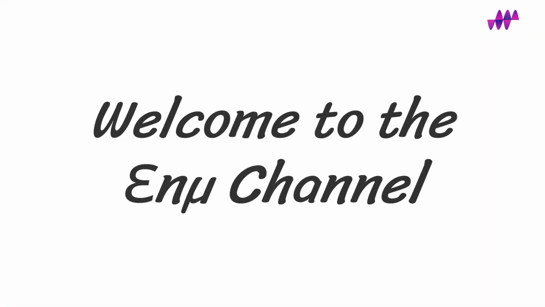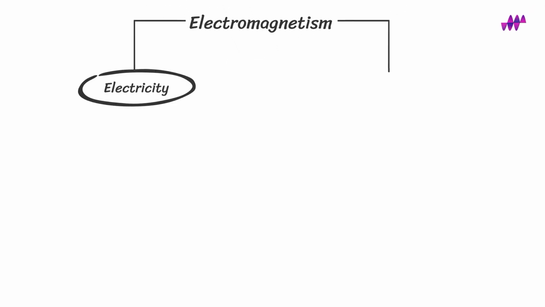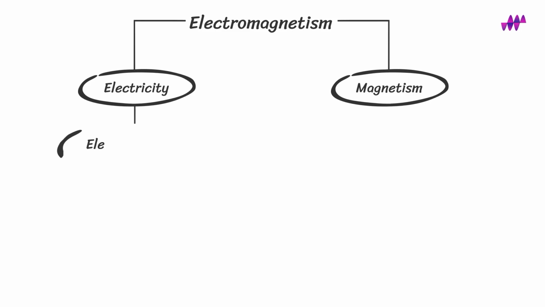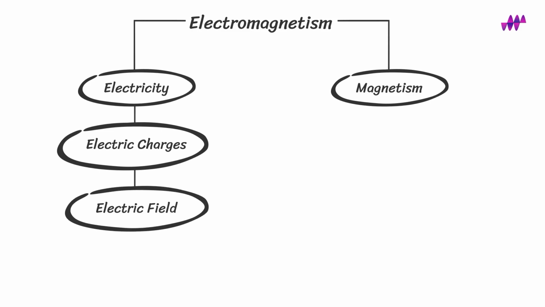In this series, we'll be focusing on the Electromagnetism Foundation, and we'll begin with the Electromagnetism Tree to give you a better sense of what to expect in the next episodes. Electromagnetism, by its name, is formed of electricity and magnetism. Electricity, by digging into its origin, is created by electric charges. Stationary electric charge produces an electric field around itself, and that is known as